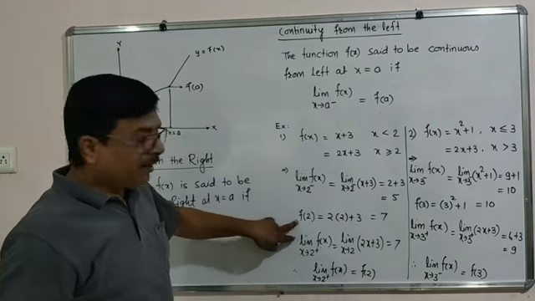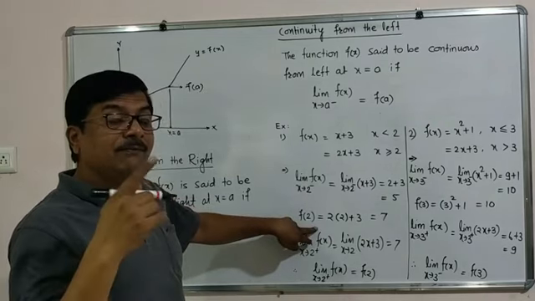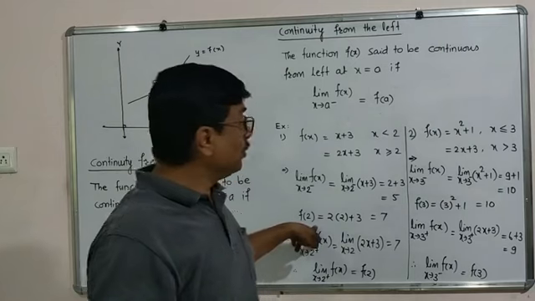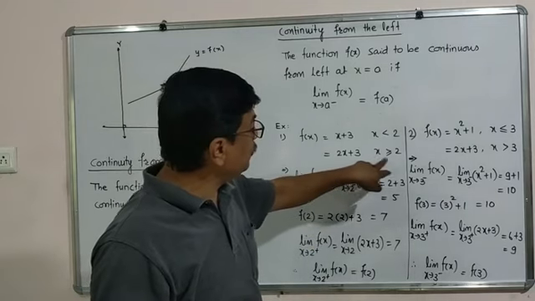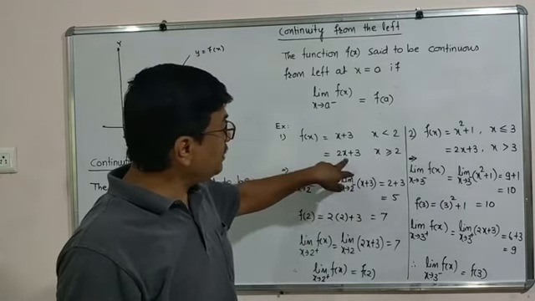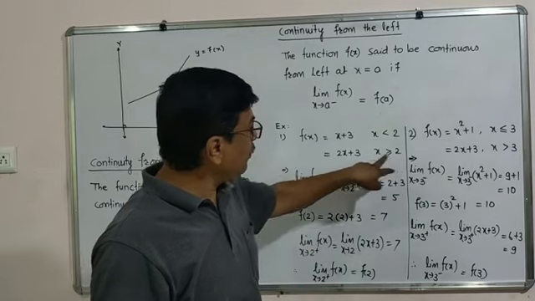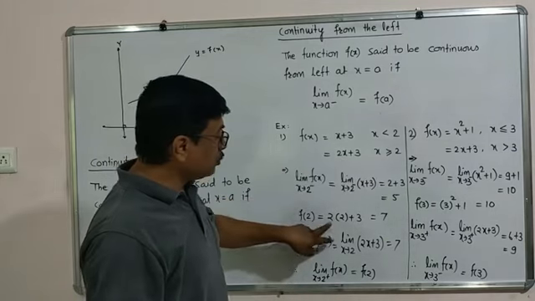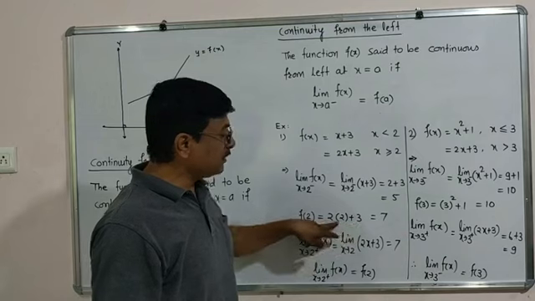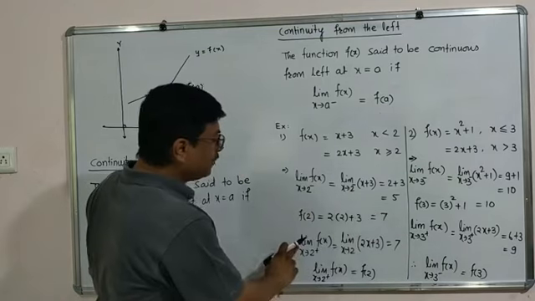f of 2 means the value of the function at x is equal to 2. It means substitute x is equal to 2 in the function 2x plus 3. Here we have to substitute the value 2 in this function: 2 into 2 plus 3, that is 4 plus 3 is 7. And the limit of f of x as x